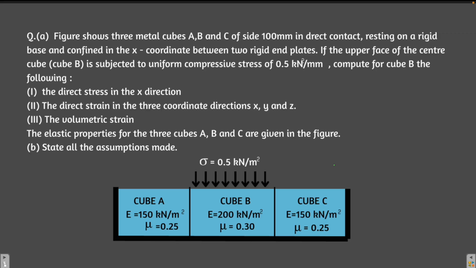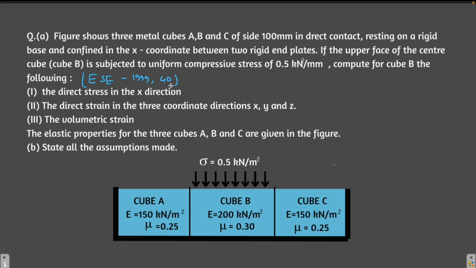The year 1999 in ESE, worth 40 marks, that I forgot to mention. So let me just mention here: this question was asked in the year ESE 1999 for 40 marks. So this is one of the very important questions, and without any further ado, let's read the question and try to understand what it is trying to ask.